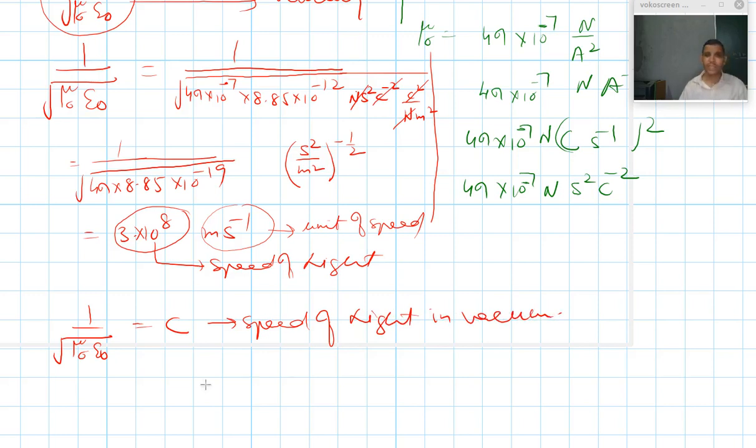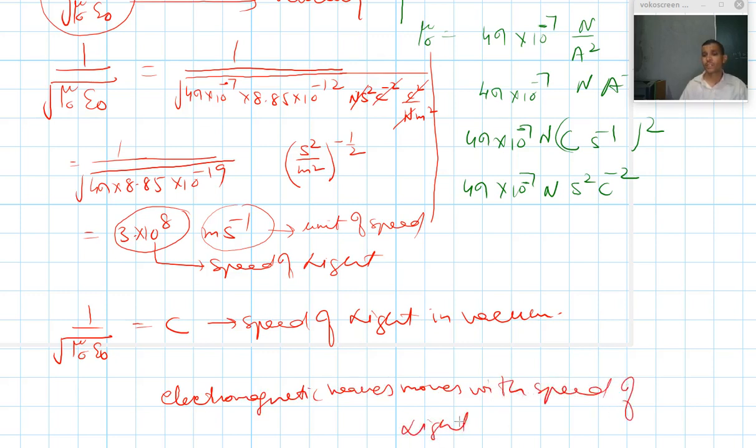So that means electromagnetic wave moves with the speed of light. That's the conclusion we are getting out of this lecture. So that's all for this